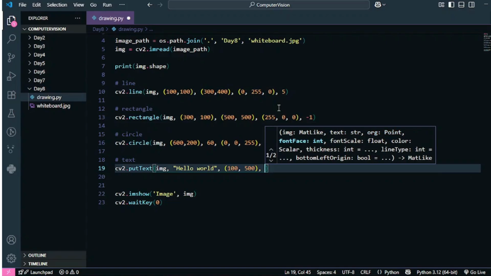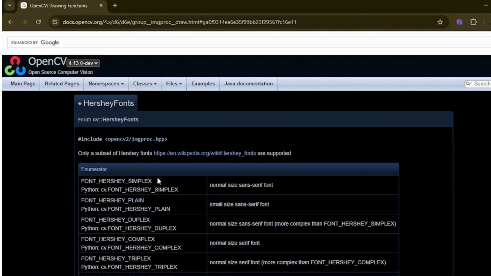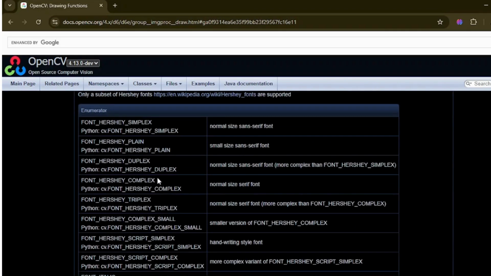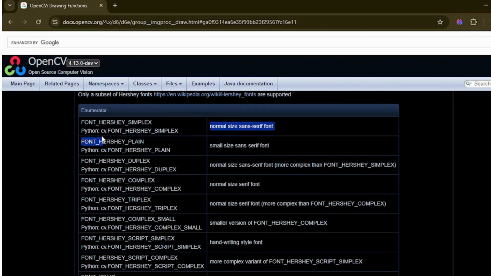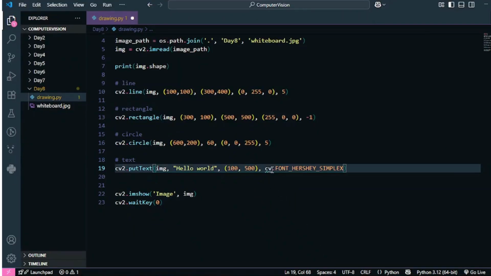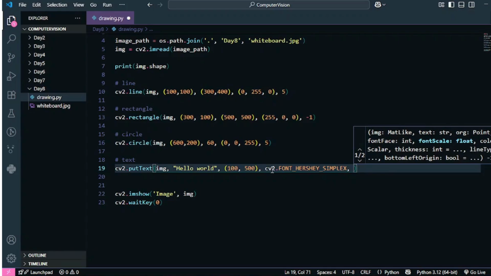Then I have to tell the font of my text. So if I go to the documentation, I will see that I have all these fonts that I can use. So I'm going to go with this first font that I have. So I'm just going to copy this line and I'm going to paste it over here, but I'm going to change the CV to CV2 because I'm using OpenCV2. And then I have to tell the size of my font.